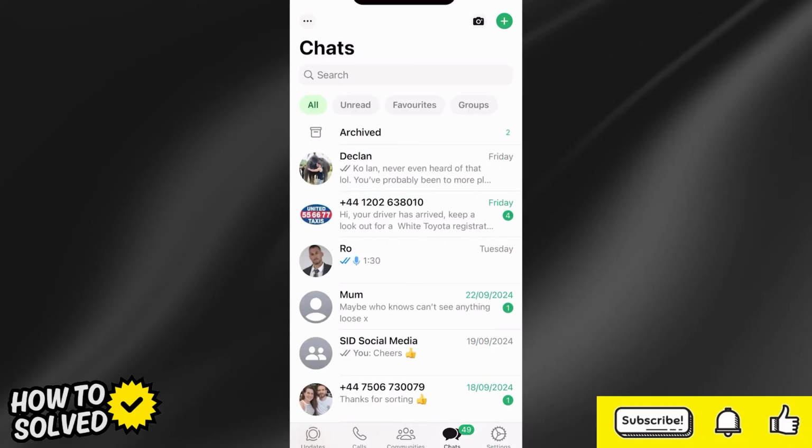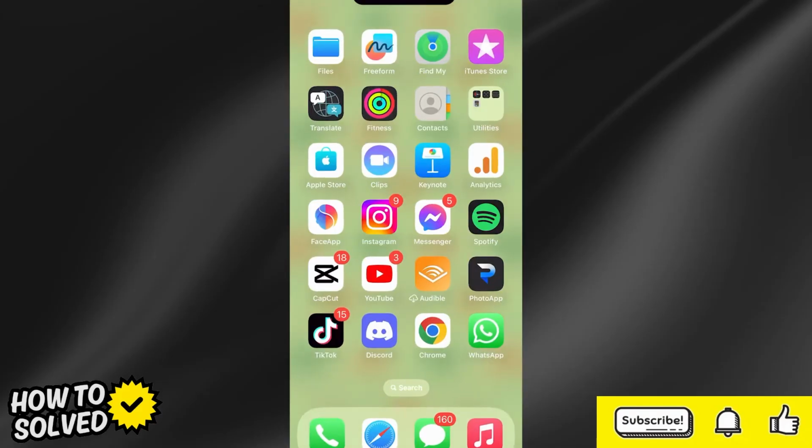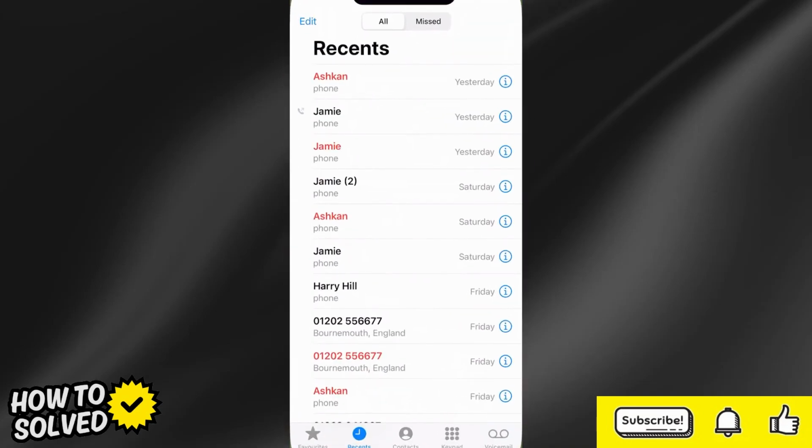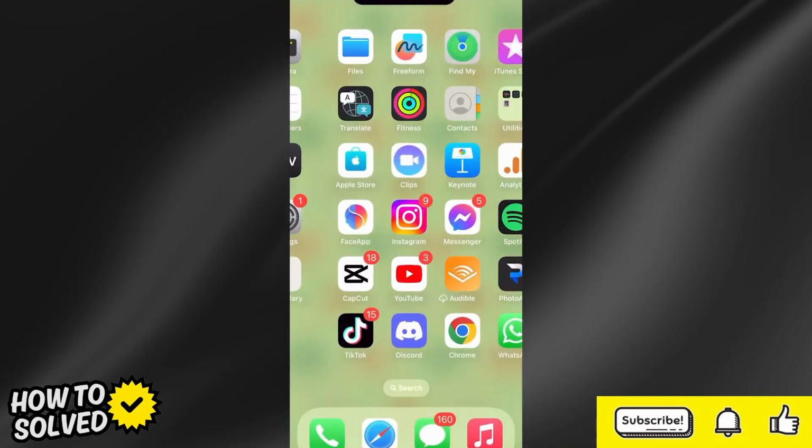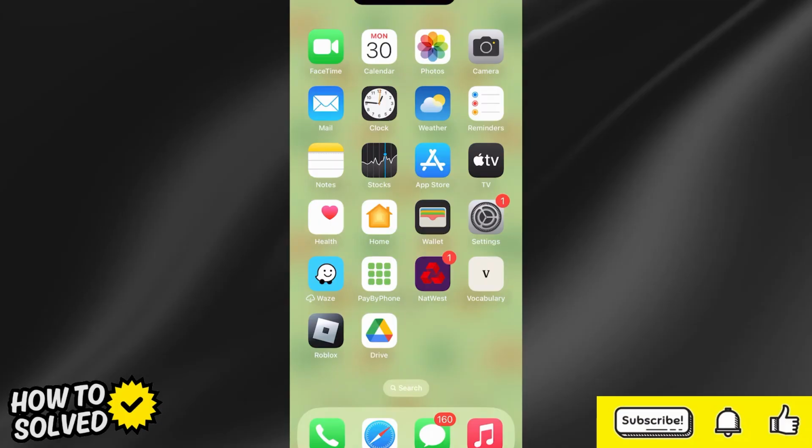Now, in order for a name to display in WhatsApp, you need to make sure you first have this contact added to your contact list. So you can do that just by heading over to your phone and making sure you have the contacts added in here. If that still doesn't solve the issue, another thing that you'll need to check is back inside of